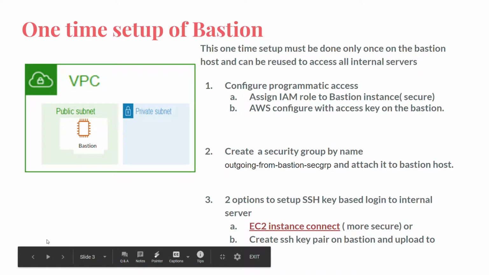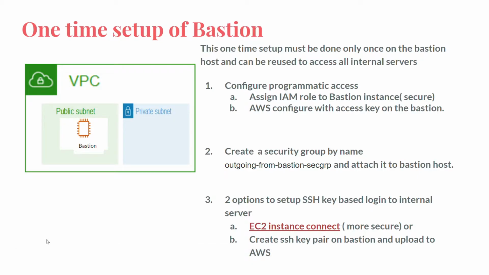Compare this to the alternative of running AWS configure on the Bastion host and configuring the access key. The access key is kept in plain text in the user home directory. A malicious insider could leak the key, putting the whole organization in jeopardy. The IAM role approach is more secure since IAM is managed centrally and access can be given only when required. And the keys used are short-lived and automatically managed by AWS, and the risk of loss is very low.